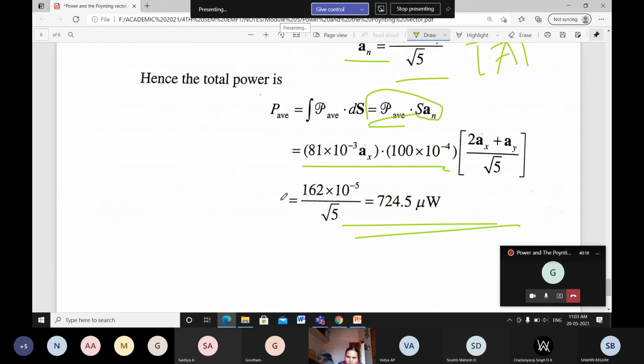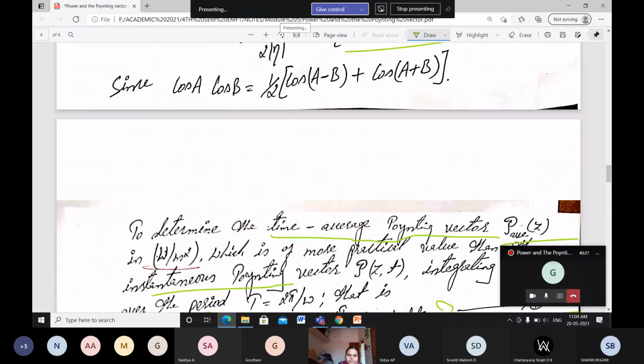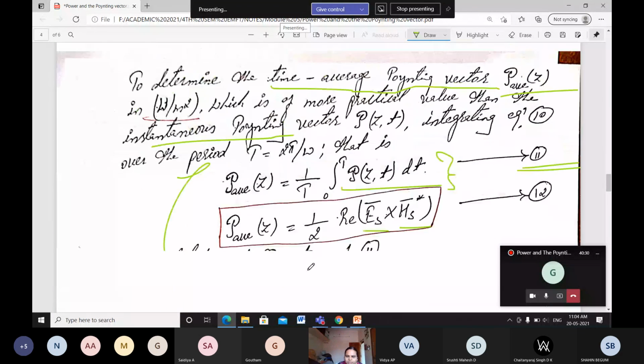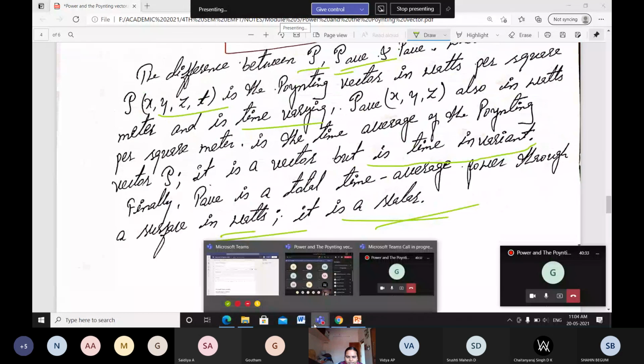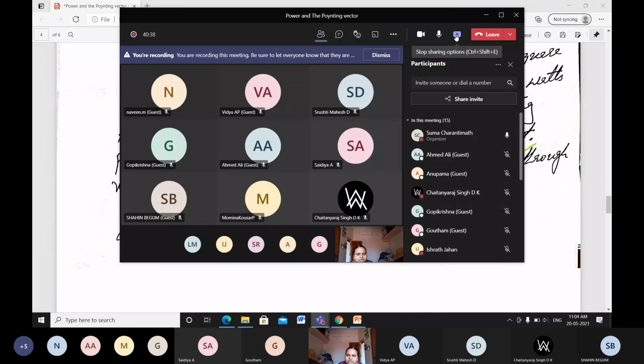You can expect a problem or else a theory for 6 marks in the examination. This is about the Poynting vector and also about the power, a theory part and also one problem. Okay, we'll stop the class now. We'll consider a few more problems of this module, and then we'll go with the